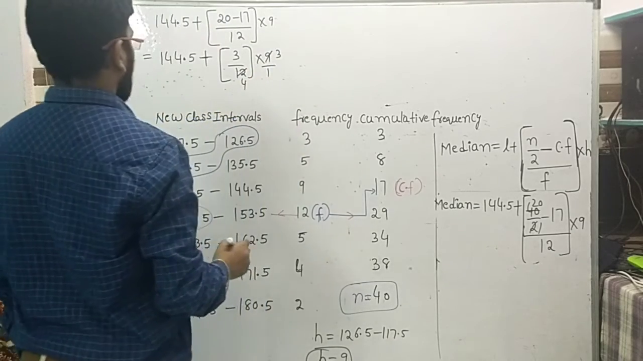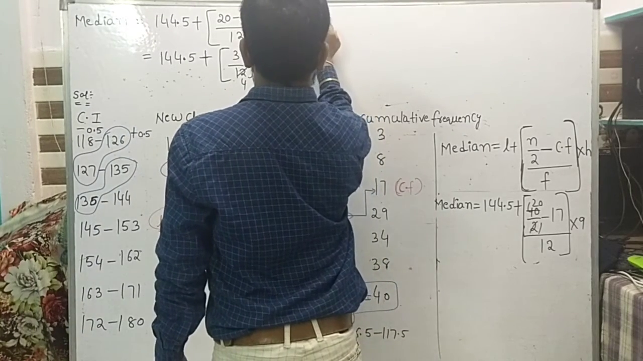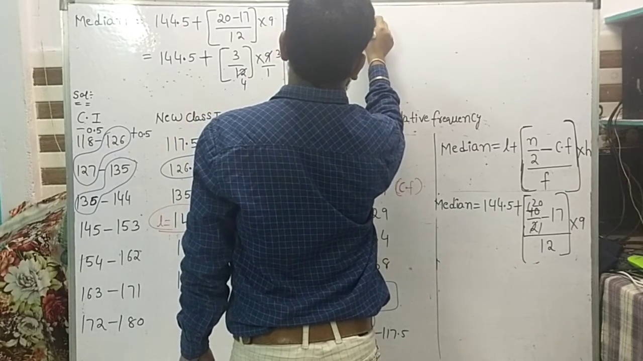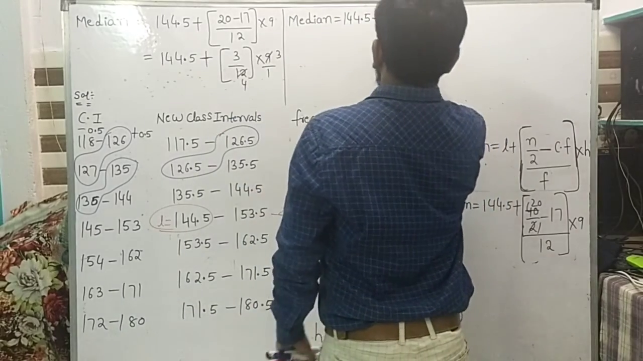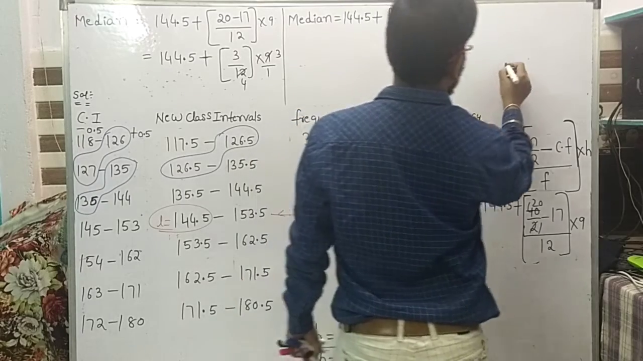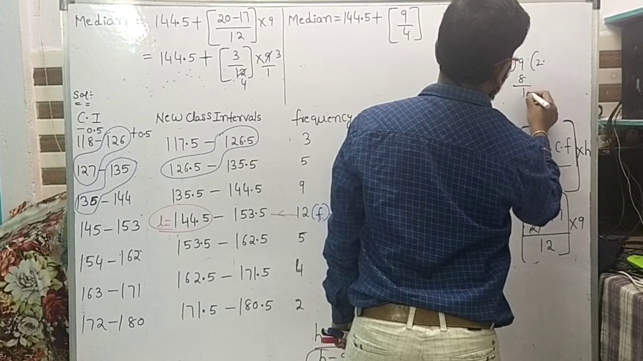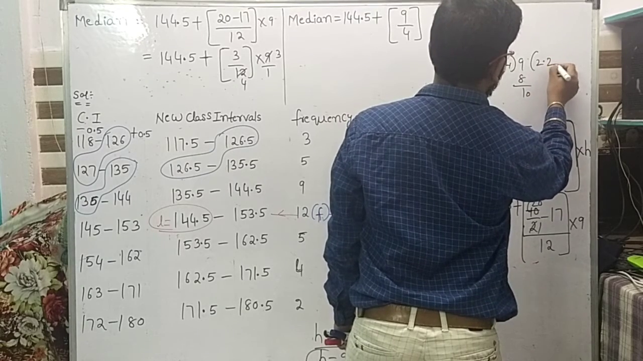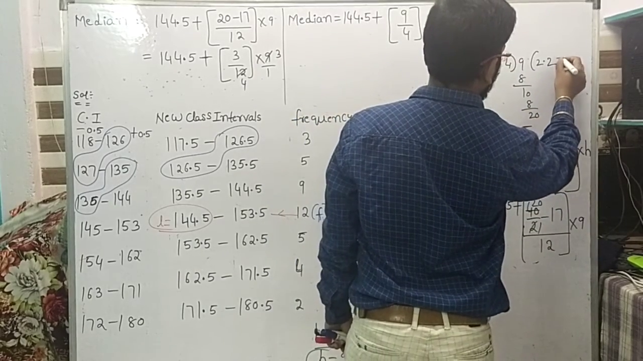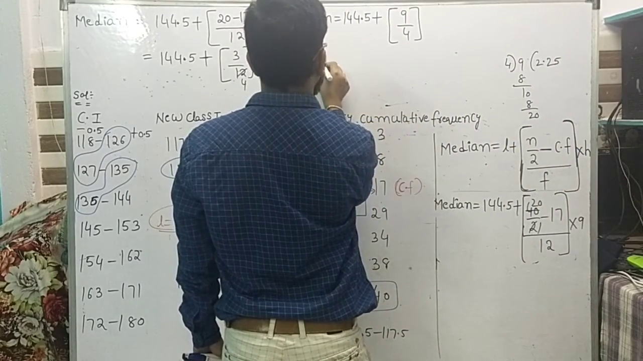3 4s are. Then the median is equal to 144.5 plus 3 by 12 into 9, that is 9 by 4. We divide 9 by 4: 4 to the 8, 1.0, 4 to the 8, 4 to the 8, 24, 5 sum. So the median is equal to